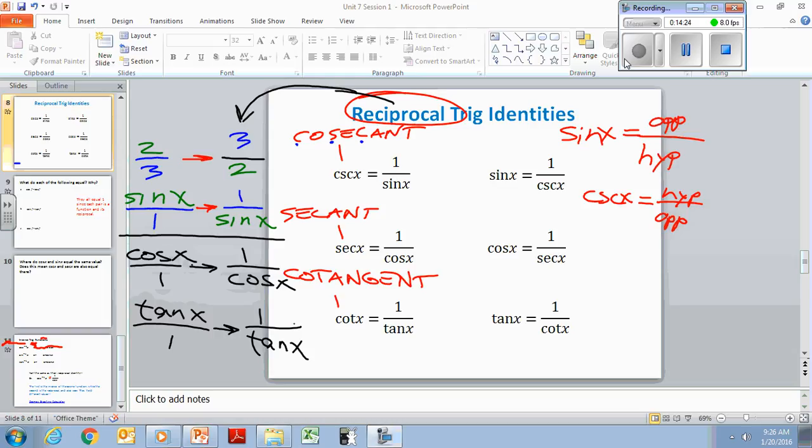You can see the relationship here, that one is just the flip of the other, right? Well, how do we normally flip something? Just do 1 over it. For example, let's say I had the number 2/3. Well, 1 over that is 3 over 2. See how you use that same 2/3? Same idea here. This, 1 over this, flips it. That's why cosecant of x is the same as 1 over sine of x. That's the same reason why secant of x is the same as 1 over cosine of x, and cotangent of x is 1 over tangent. That's it.